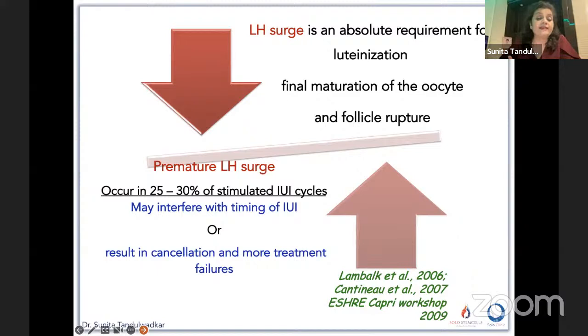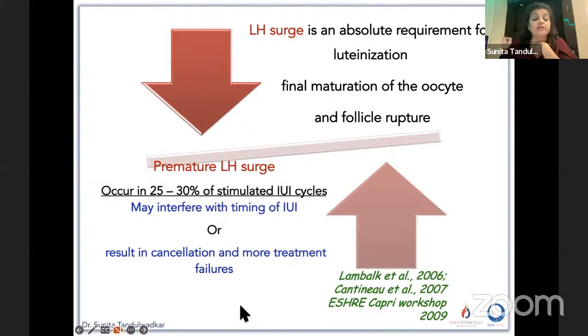With the premature LH surge, there will be luteinization, and there will be a progesterone effect on the endometrium. That's where decidualization already starts and your embryo is not yet even formed. So the receptivity window will have passed by the time the embryo reaches the uterine cavity. And that's the reason you should avoid having a premature LH surge. You understand? So in those rare cases,